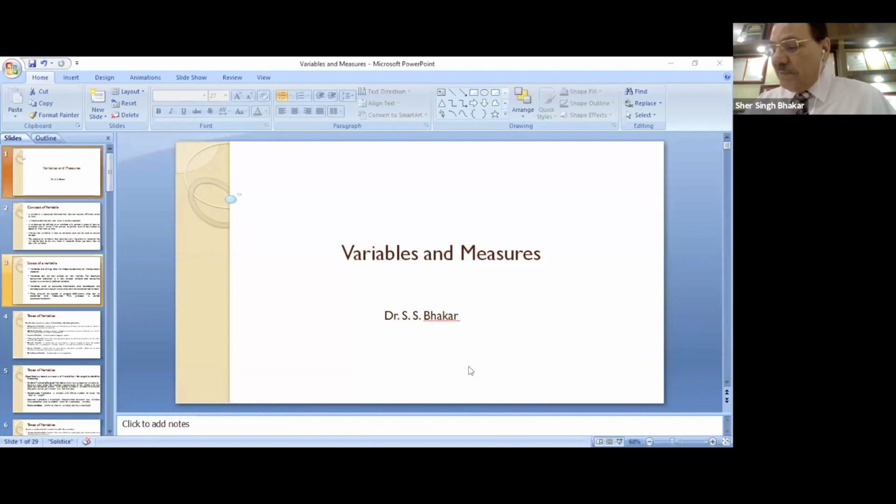But the formula is simple: n, the sample size, is equal to z squared s squared divided by e squared, where z squared is the critical value of z at the desired level of significance. Like say, if you use 5% level of significance, z would be 1.96. If you use 1% level of significance, z would be 2.56, and so on.